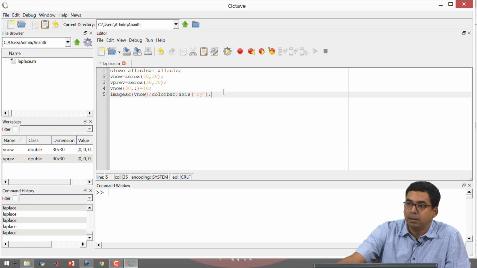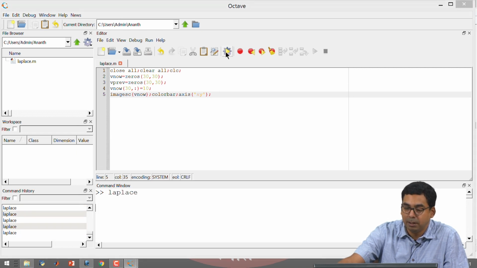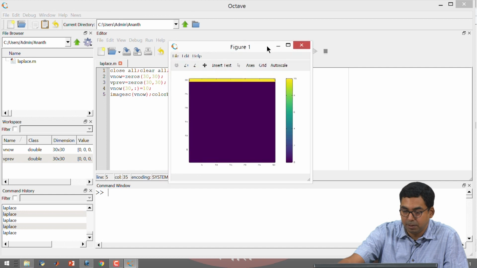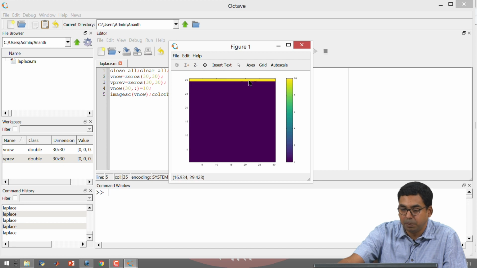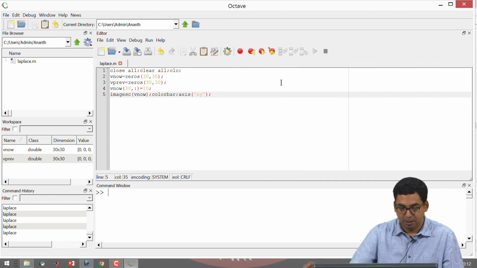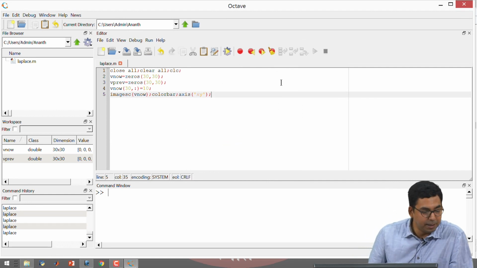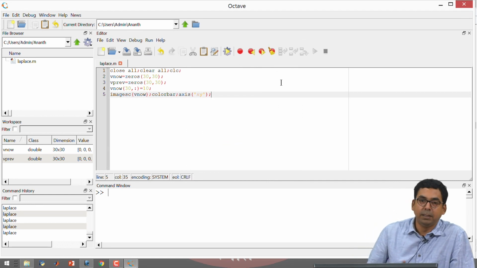It says that Octave can draw the axis in a regular xy graph, right. So, if I go now I have the line flipped. So, I have 0 to 30 on the x axis, 0 to 30 on the y axis, top row is set to 10 volts, right. Now that I have my preliminary setting clear, I need to write the code for solving the Laplace equation, that is all right.